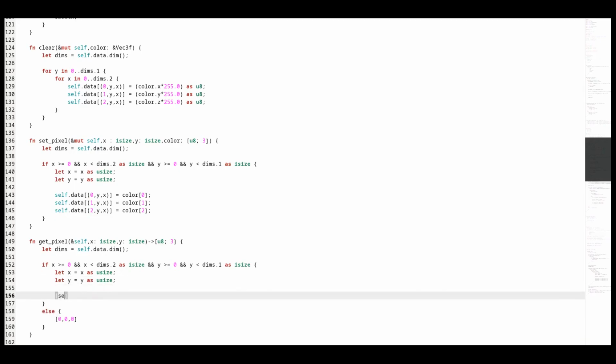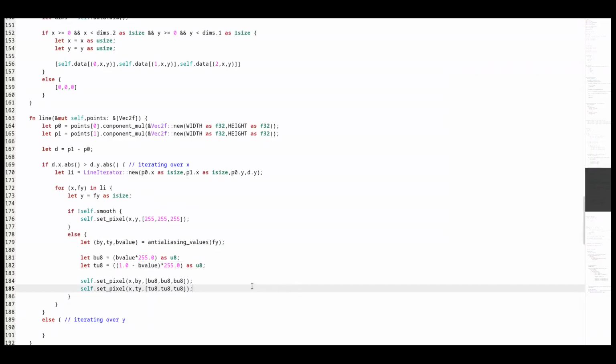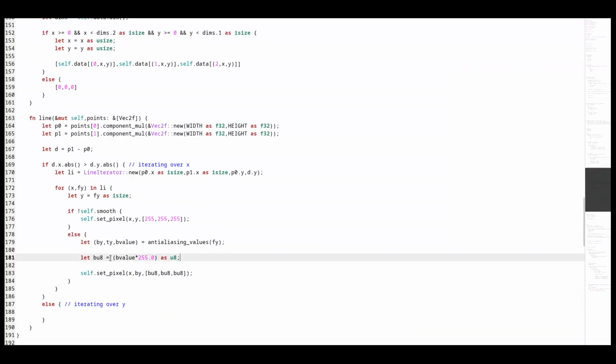You can see here one of the disadvantages of the pixel ordering that I have chosen. So we set a blended color for the bottom and top pixels.